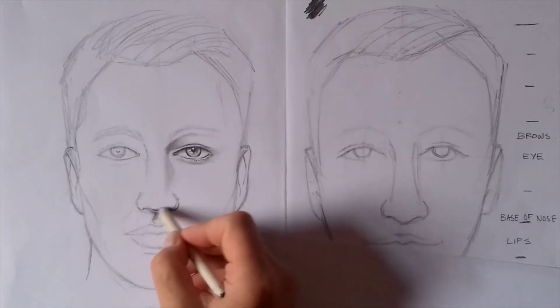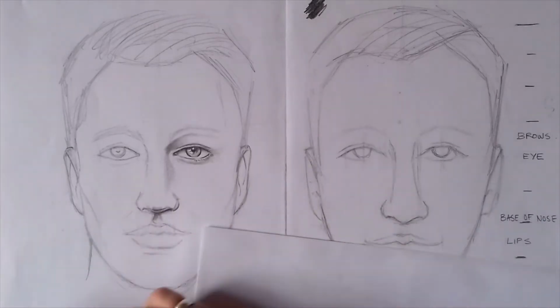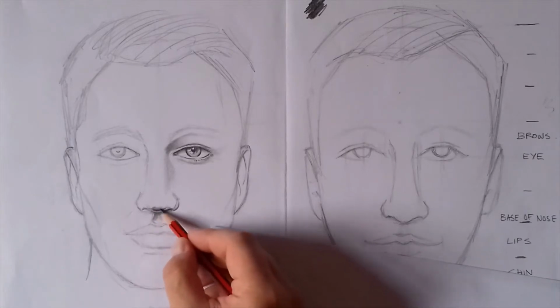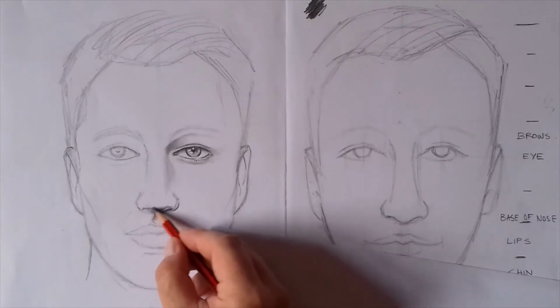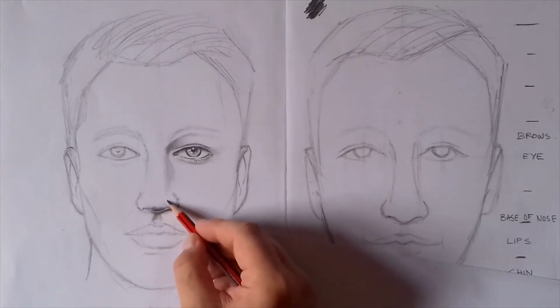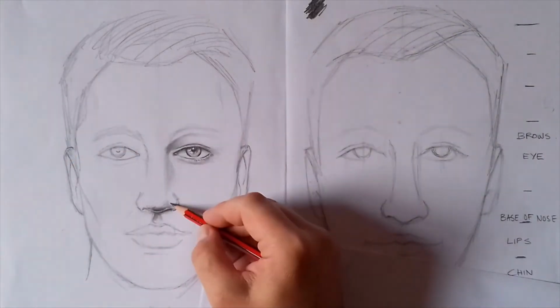So it's not going to be white because it's not a real vivid reflection, but what I'm going to do is not take that darkness right to the very bottom, because in reality this will be picking up the reflection from the floor or anything that you're roughly near, and by doing that it gives the nose that real 3D effect. I'm then going to bring obviously the shading around the side, and because the light's coming from above again,